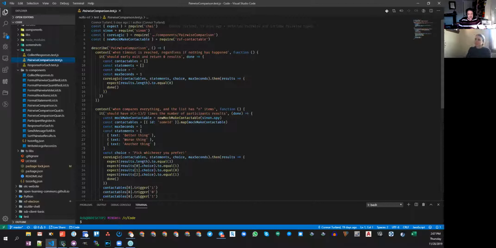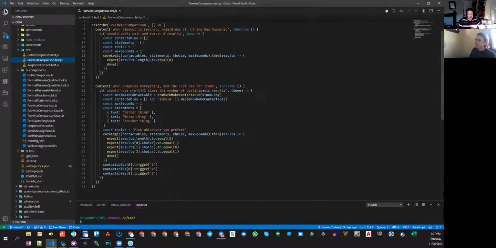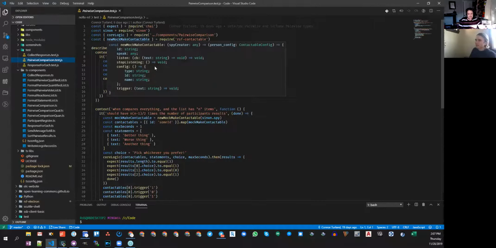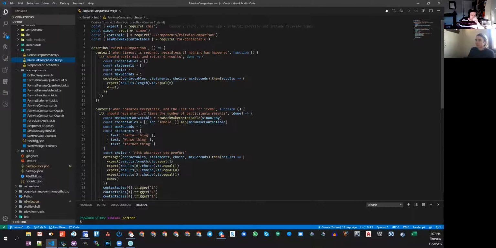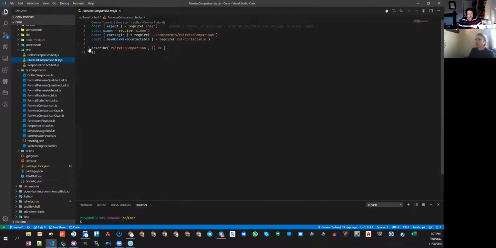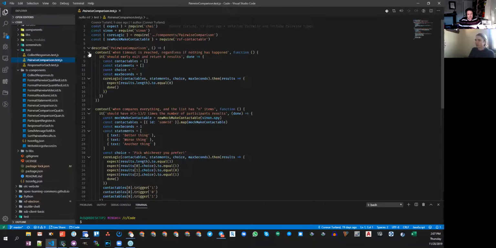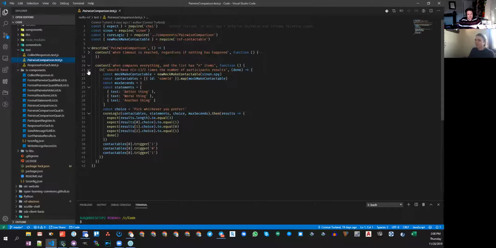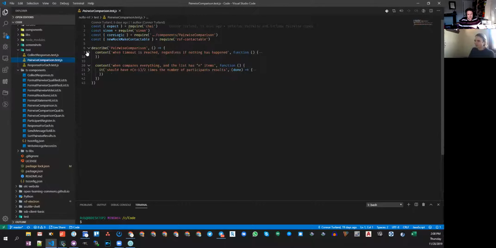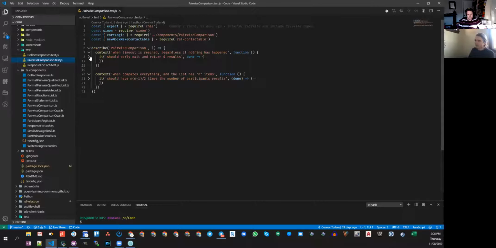Okay, so there are three things in these files that come from Mocha. They're describe, context, and it. All of them pretty much are ways of adding human readable context to the test that's running.